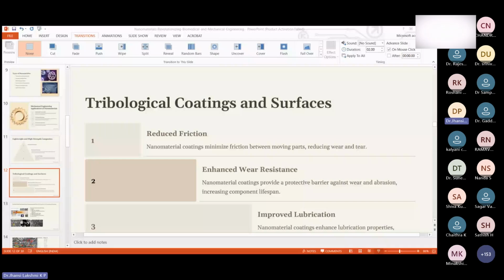Okay, but because it is not hard, particles deposit along with this cenosphere. What is this cenosphere? Cenosphere is a byproduct of fly ash. What is fly ash? Fly ash is a waste product which comes from coal thermal power plants. So the cenosphere is spherical in shape and it is a pollutant also.